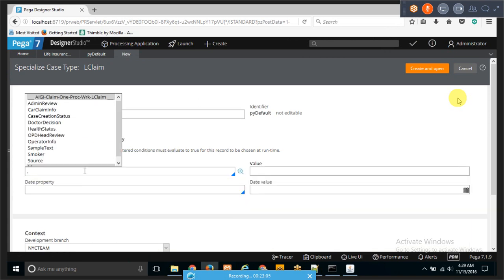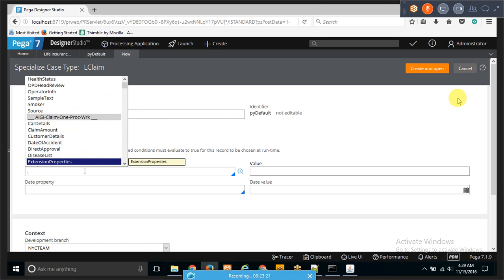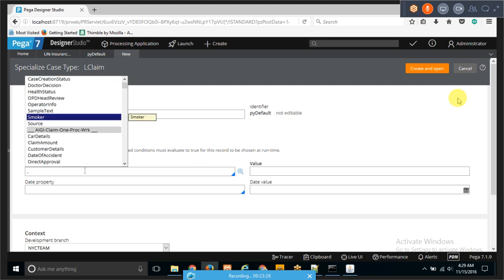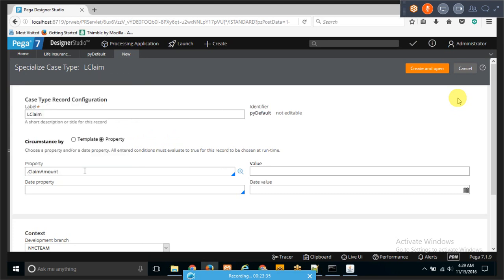Let's see if I have sufficient properties here. So under the claim, these are the properties that I have. Say for example, if I already have the information, let's see here. So on this one, or even a better option is claim amount. Okay, so the claim amount is